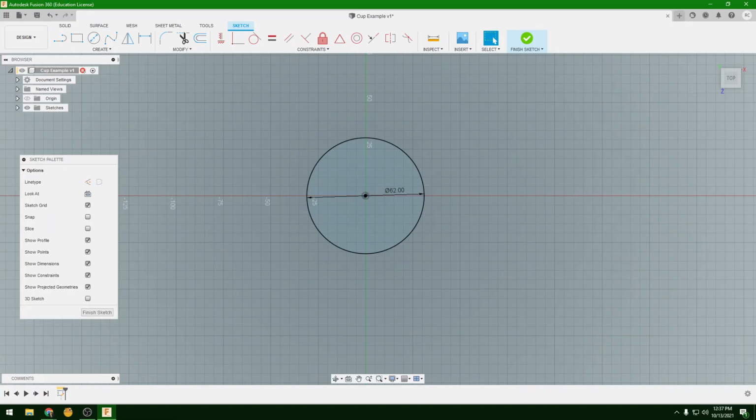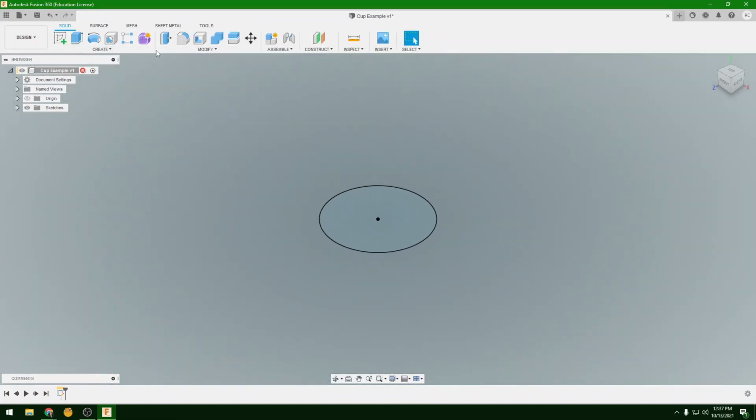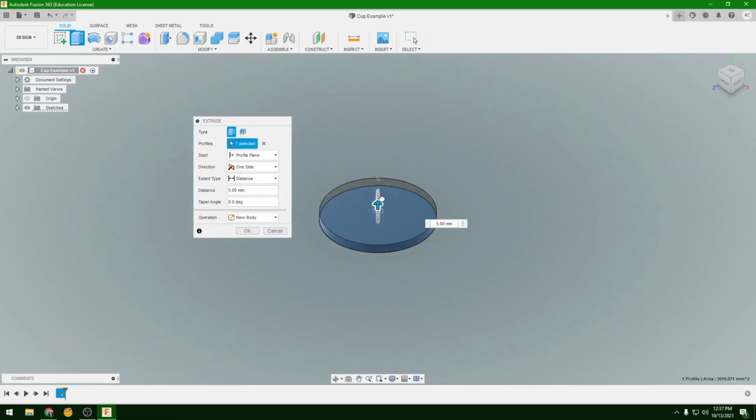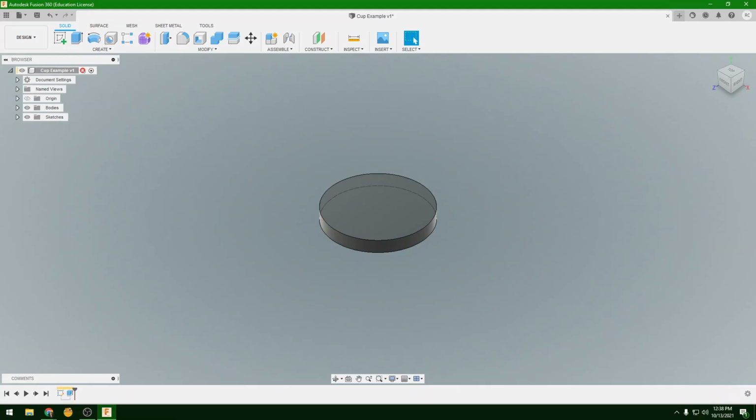I'm going to then extrude it. So I'm going to finish this sketch. And as you can see, the toolbar changes back to 3D modeling. Extrude, I'm going to select that piece. I'm going to pull this arrow up, and it says in the directions that it's supposed to be 8 millimeters. So I'm going to go ahead and type in 8, press enter, and now I have the very first kind